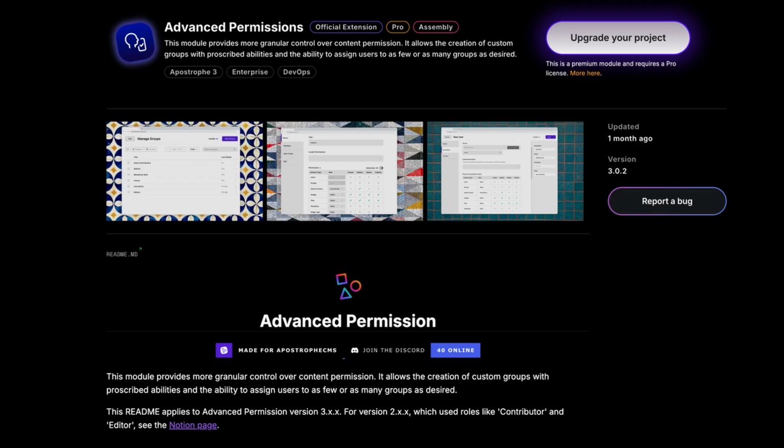This Apostrophe short video is going to cover the use of the Advanced Permission extension. Apostrophe CMS comes with several permission roles without any extension installed, but these permissions extend to all pages and pieces. The Advanced Permission extension gives you more granular control over permissions to create, modify, archive, and publish pages and pieces